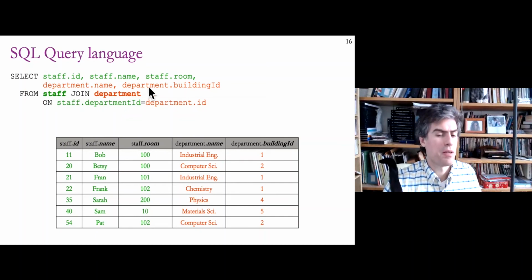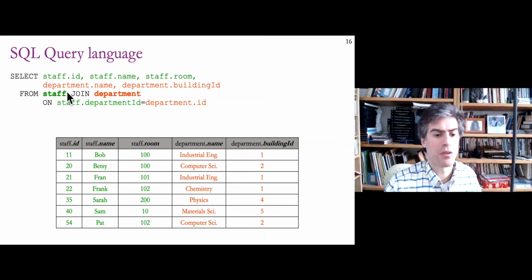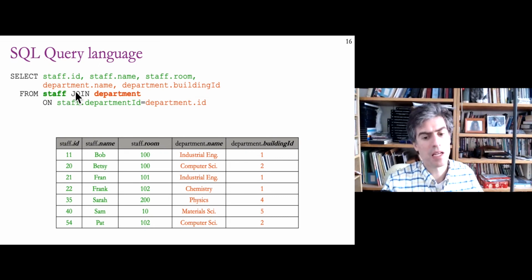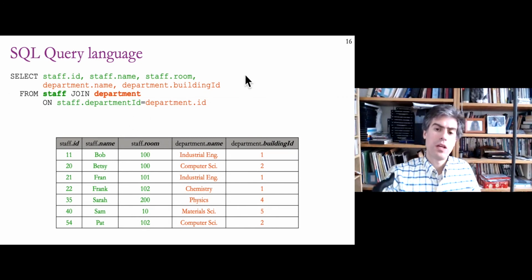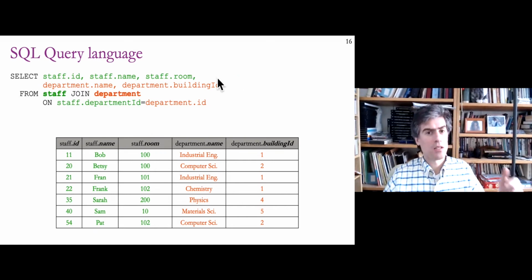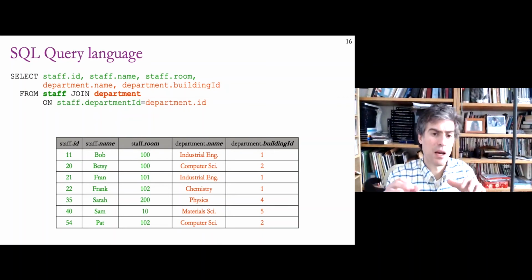And you can also modify this. It's a pretty full-featured language that lets you compute things like averages and minimums and maximums. So it lets you do a lot of different kinds of data analyses on data that's stored in a database. And so you would either write this code yourself if you were an analyst. So you might get access to a database through a terminal type interface where you can just type out